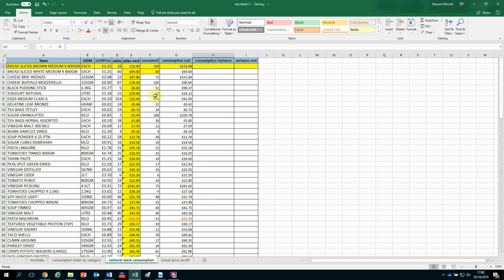So for consumption variance, the formula is equals number of sales minus number consumed, and that should give us a negative number because we've consumed more than we sold. So copy that down,